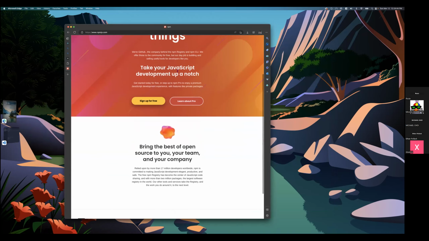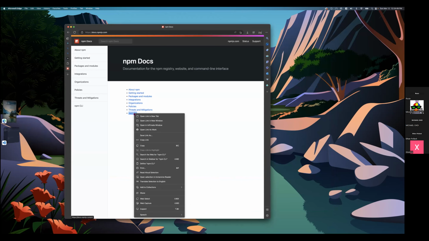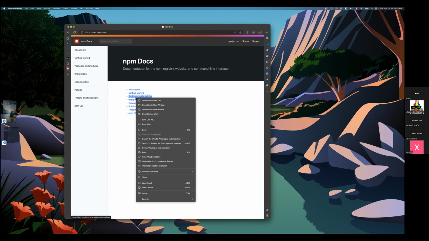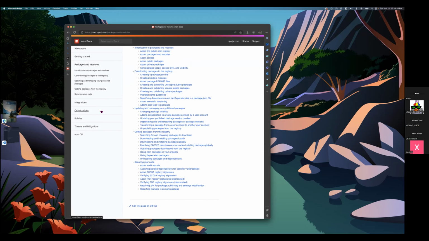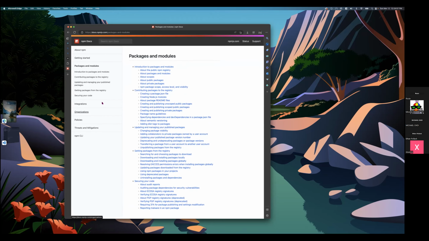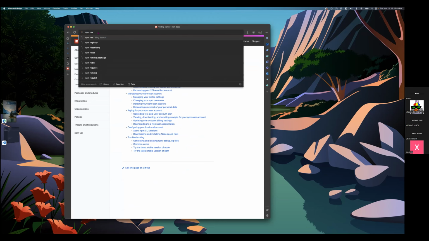Basically it's a command line tool that allows you to download and install other people's code into your projects. So for example, if I say npm react,